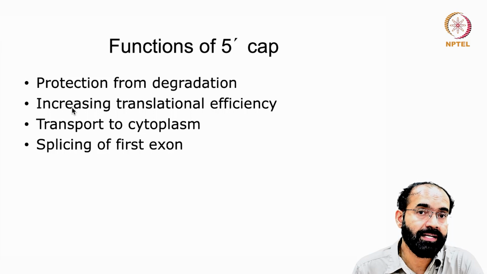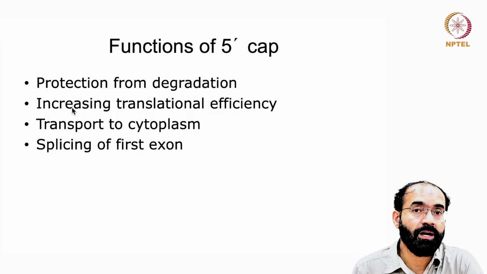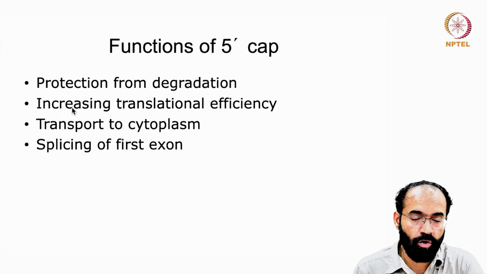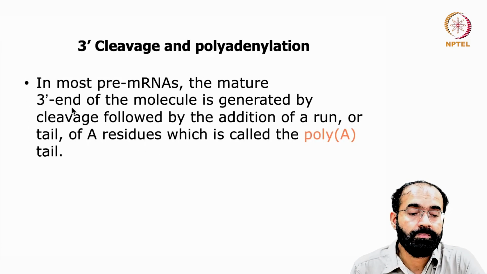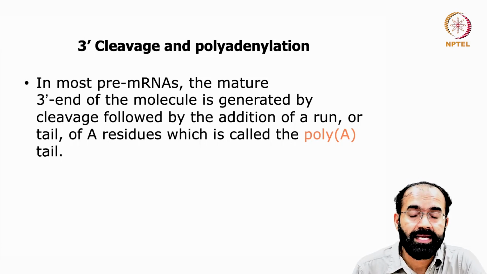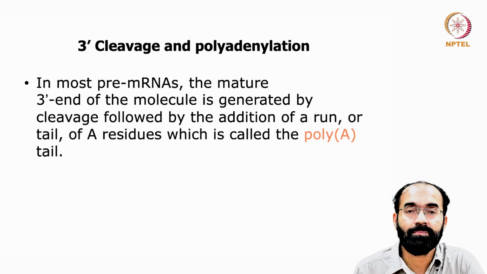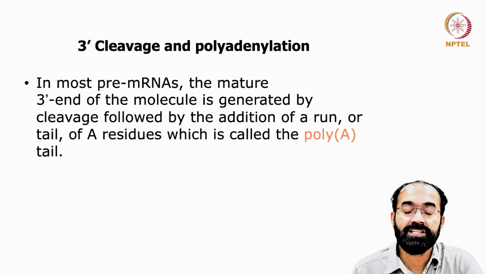And the first exon is part of the extreme beginning, that is the 5' end of an RNA, which will definitely have the cap and also the first exon. So this first exon's participation in splicing is assured by the presence of this cap. So now comes the 3' end cleavage and the polyadenylation. In most pre-mRNAs, the mature 3' end of the molecule is generated by the cleavage followed by addition of a